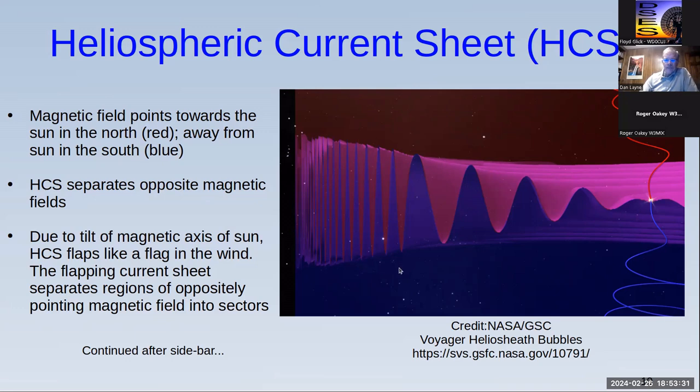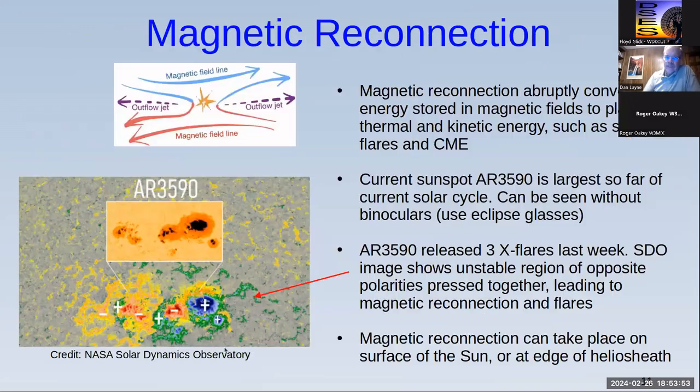They just call them sectors. And so I guess conceptually you can kind of see what's going on here, but then you have to start wondering, okay, what's going on out here? It gets more complicated. So we're going to look at that, but before we do, we need to take a little sidebar and look at a different phenomenon that'll help explain what happens out there, and that's something called magnetic